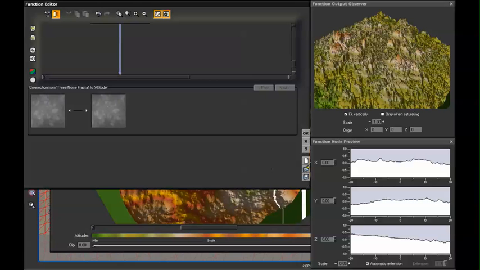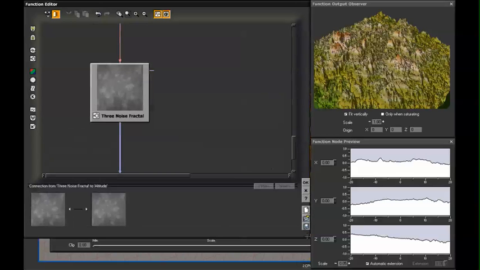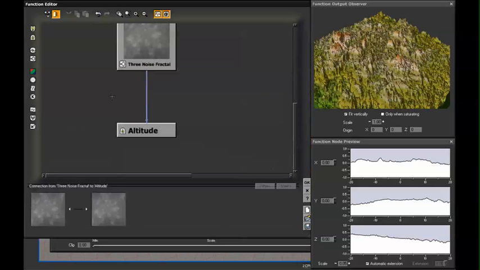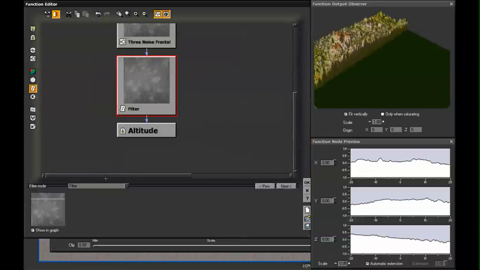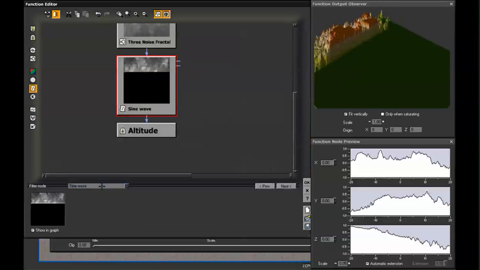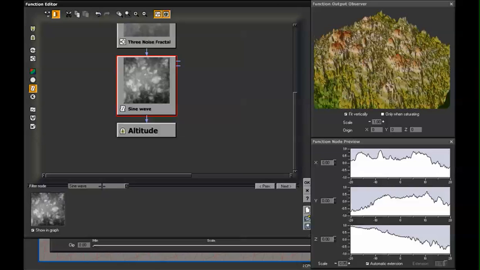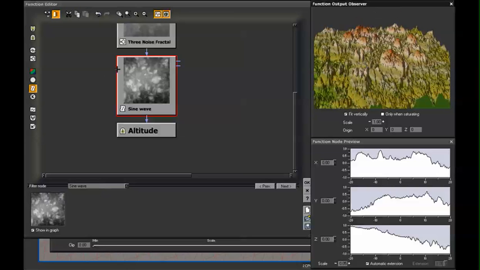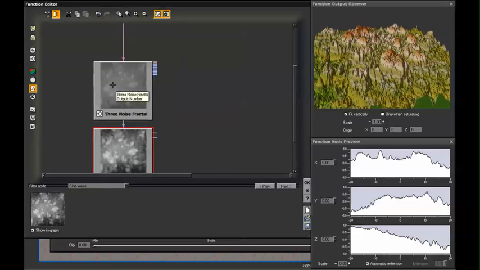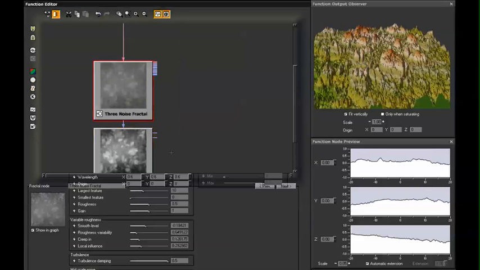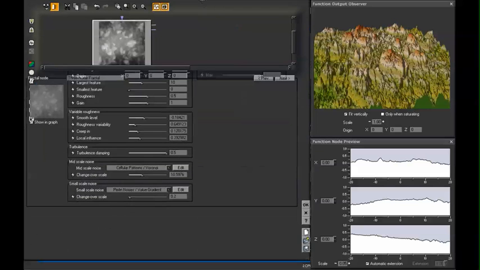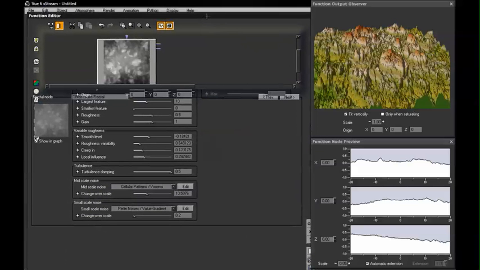And what I'm going to do is just scale this back down, and I'm going to add a filter in here. And we can change that to a sine wave, and that'll bring out definition even more. And of course we can use combiner nodes and just anything you can think of to modify this. And now because of the resolution, I'm getting a lot of overlapping. Go ahead and reduce the size of the function editor once again. And now if I wanted to, I could adjust the scale